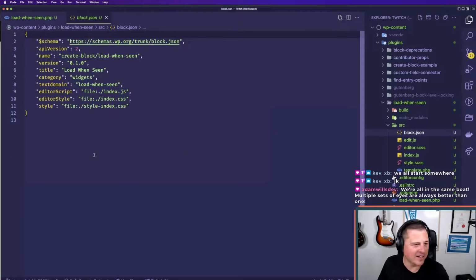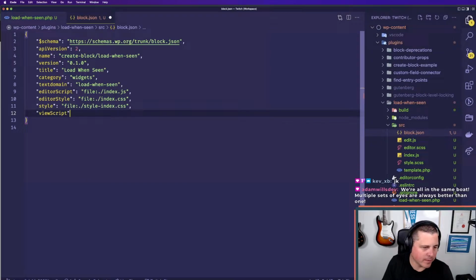Gab, you're awesome. Okay, so what I want to do is I want to add a viewScript in here. All right, and that's going to be